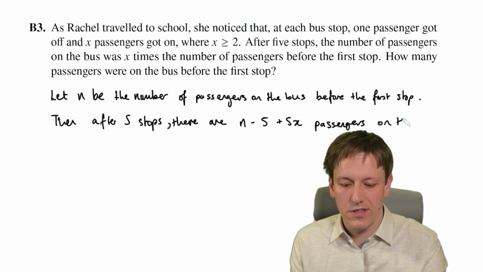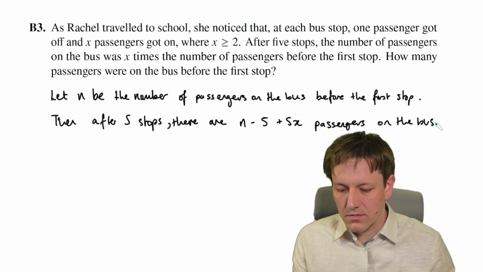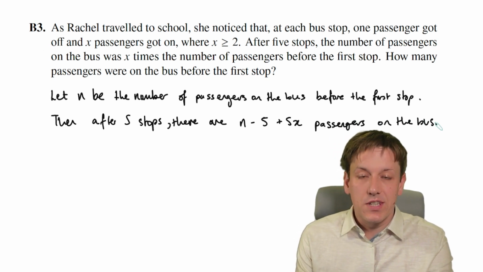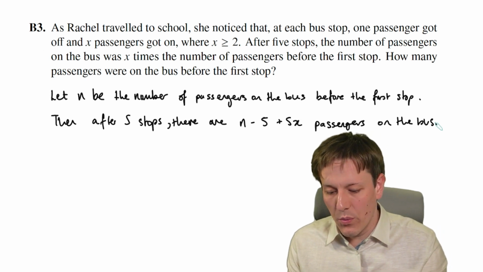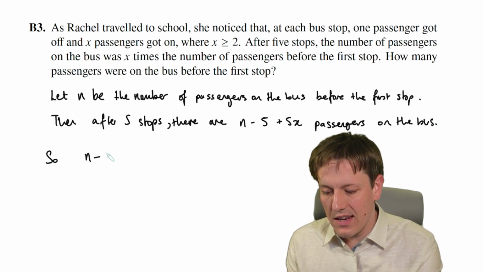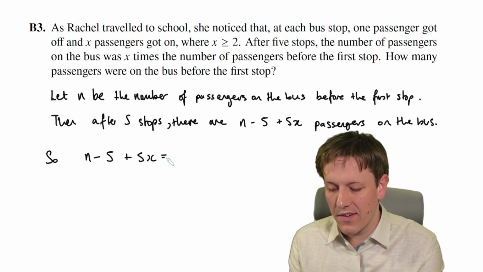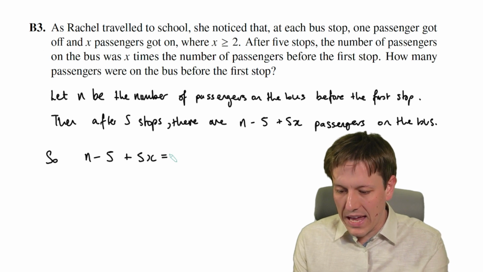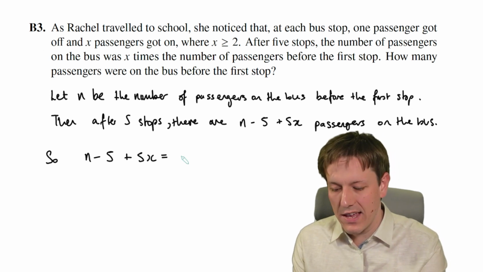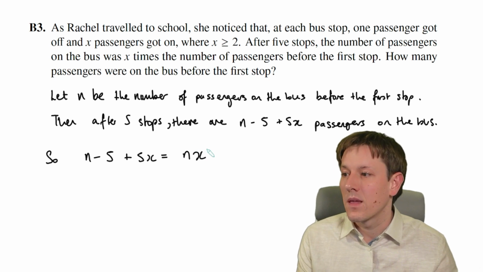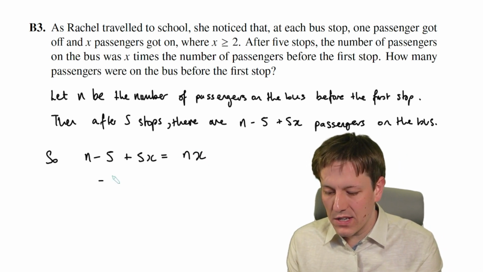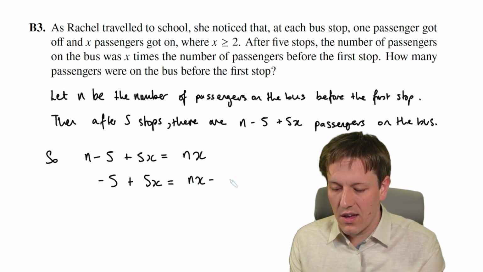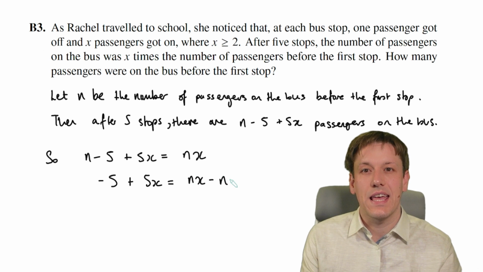passengers on the bus. Now, after 5 stops, the number of passengers on the bus was x times the number of passengers before the first stop. So what we know then is that n minus 5 plus 5x is equal to x times the number of passengers before the first stop. So that's x times n, or n times x. So if I subtract n from each side here, that gives me minus 5 plus 5x equals nx minus n,